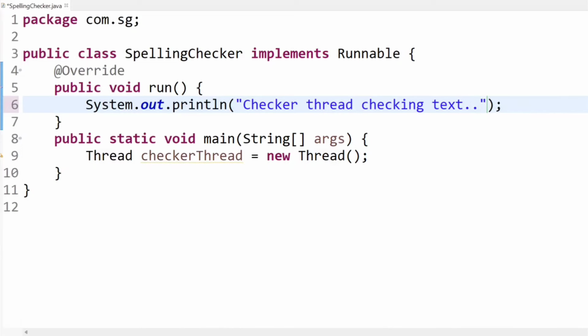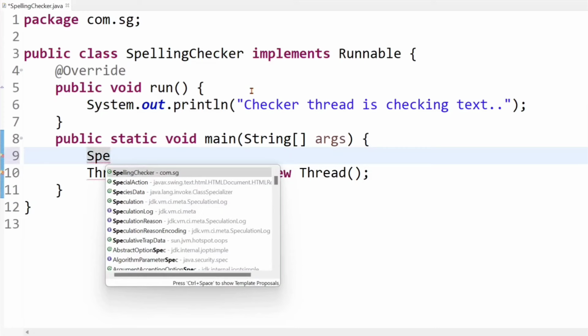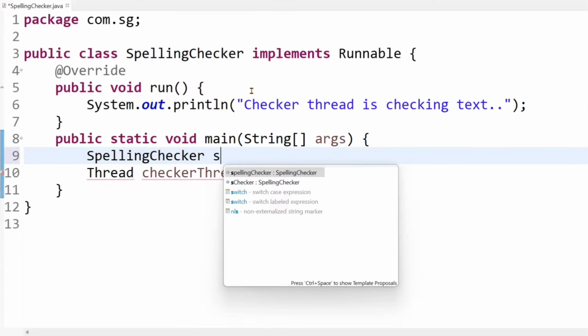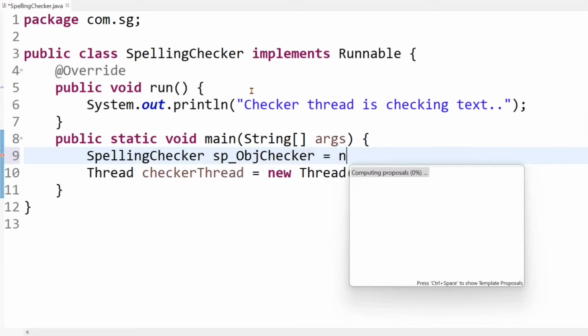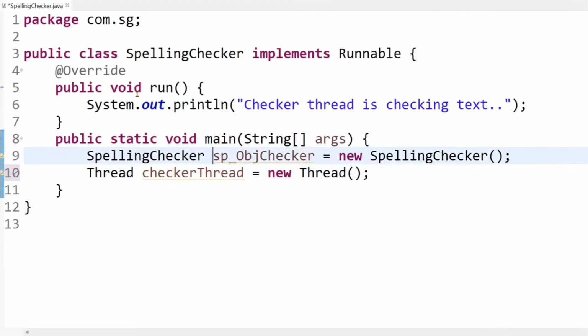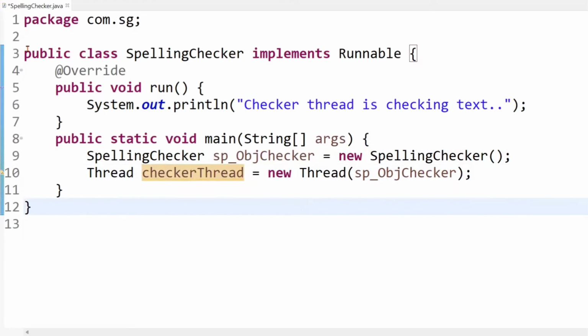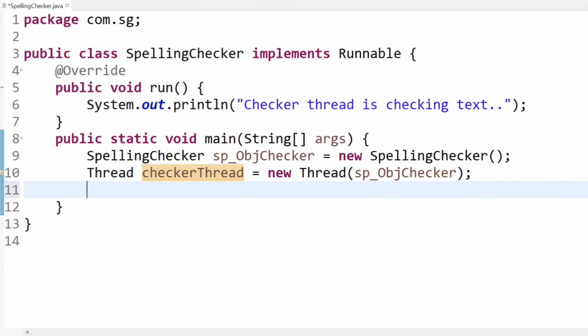Okay, and now let's create an object of this class, the SpellingChecker object. And now pass this class object to this constructor so that this checker thread will execute this class's run method. And now let's start the thread.